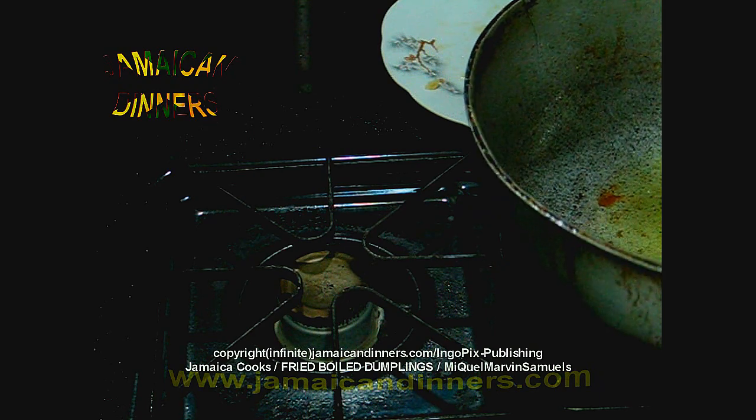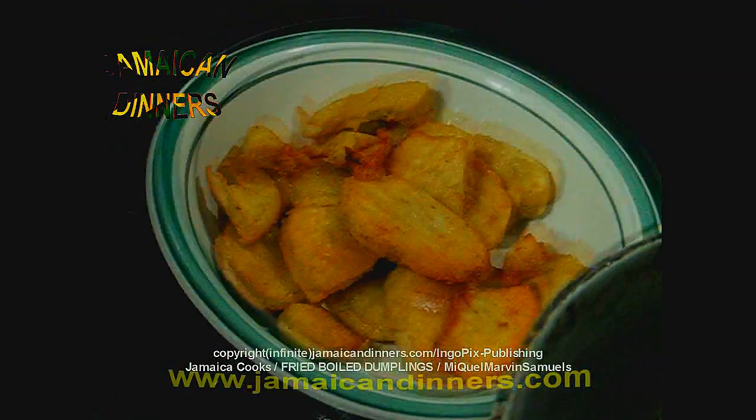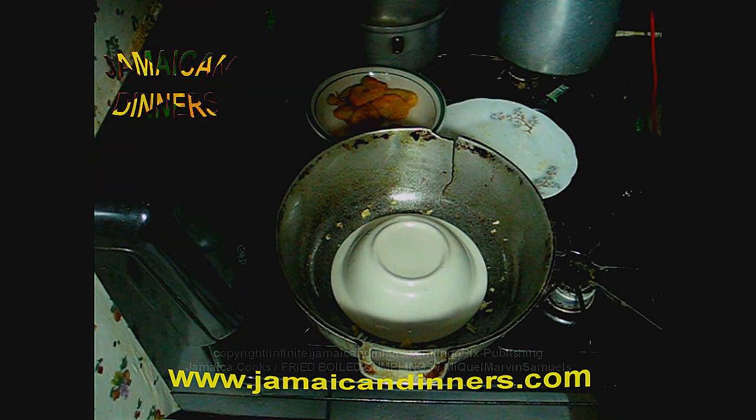Splash from me on camera. So fried boiled dumplings. That's the oil we just fried it in. Remember now,